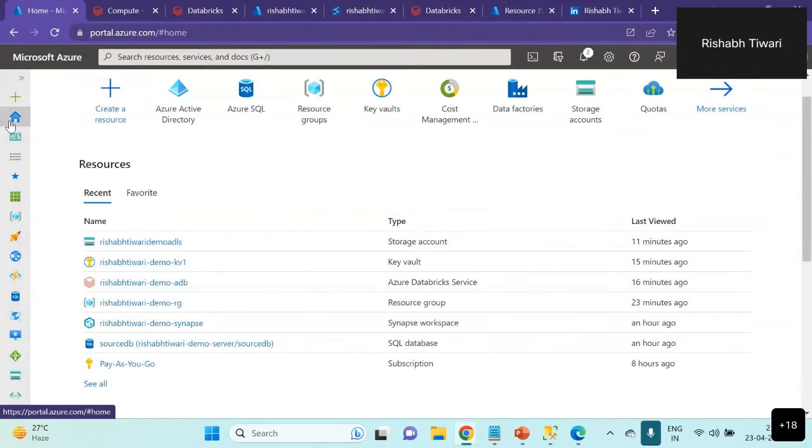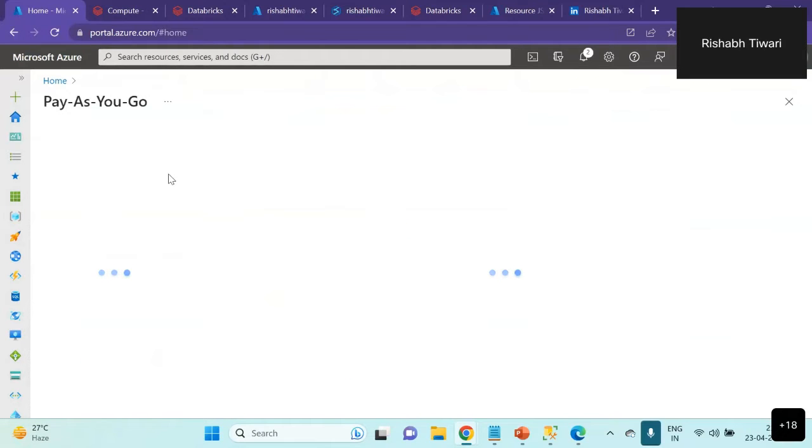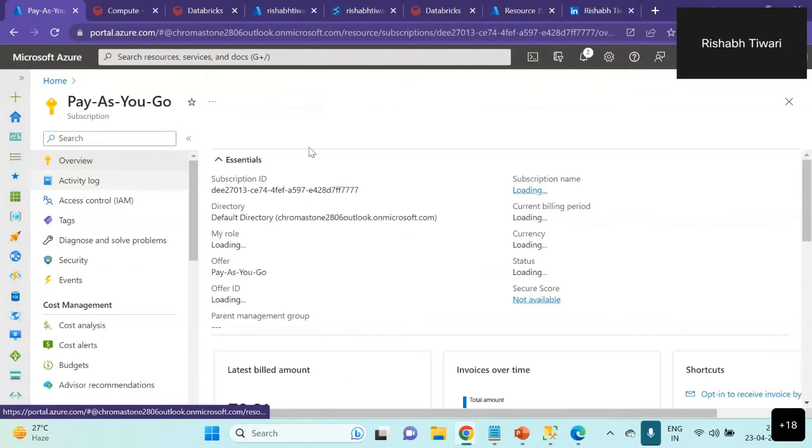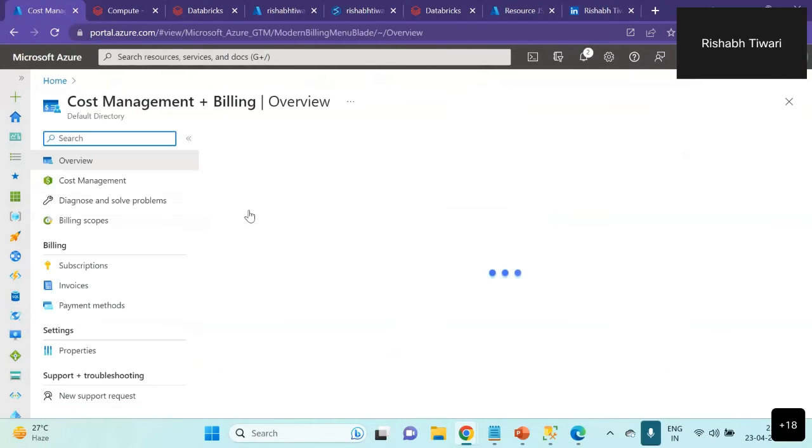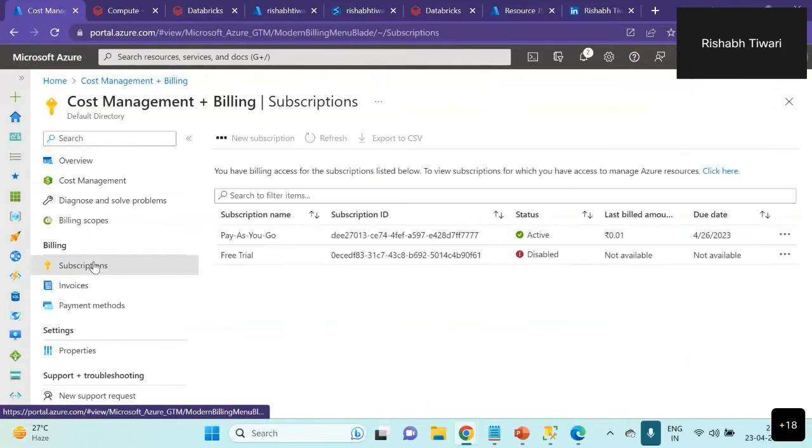So if I go to my home and if I go to subscriptions, okay, so this is the pay as you go subscription that is currently active in my case. But if I go into cost management and into subscription, then there was a free trial. That free trial I consumed, and after that I went to pay as you go. And from pay as you go, it is